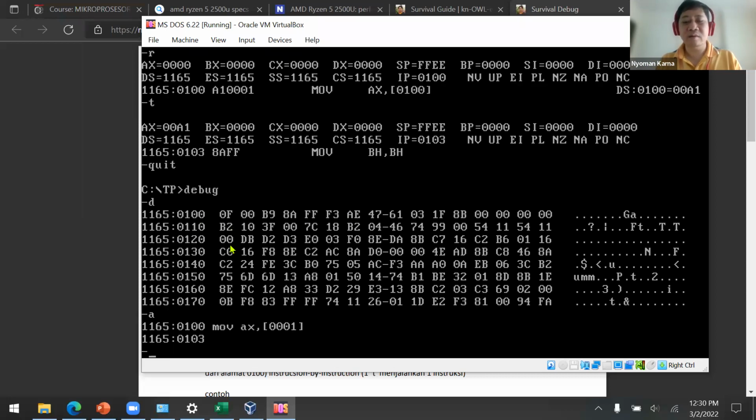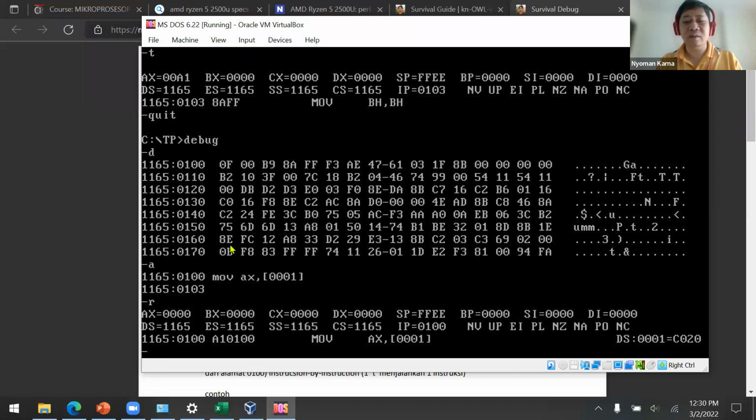Now let's try to trace first. DS is 1165, this one, and then the offset is 0, 0, 0, 1.